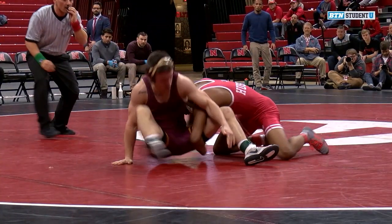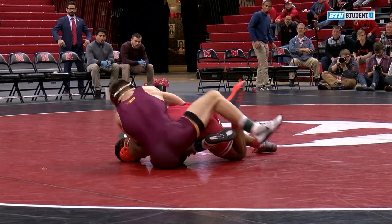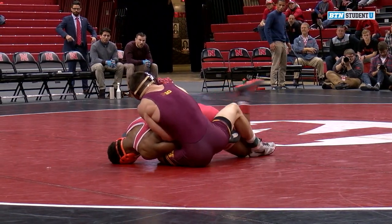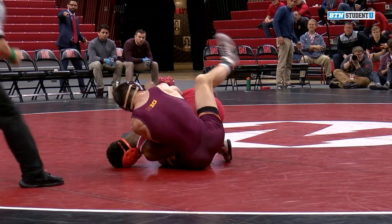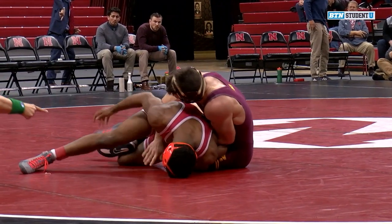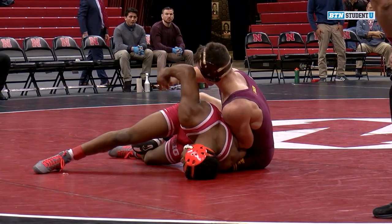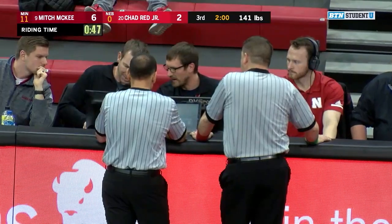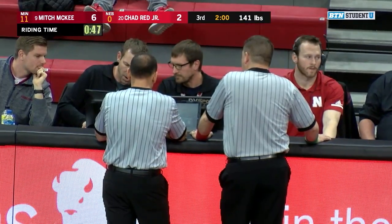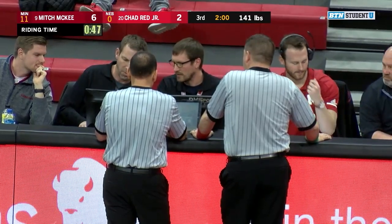The only reason why I don't think the call might stand is because McKee never did hook that back leg. And just like on your feet, in order to get a takedown, you've got to get that back leg hooked, especially for a reversal situation. So it's going to be interesting to see what they say and to see how this is going to play out with the start of the third period of the match. And so referees still discussing it at